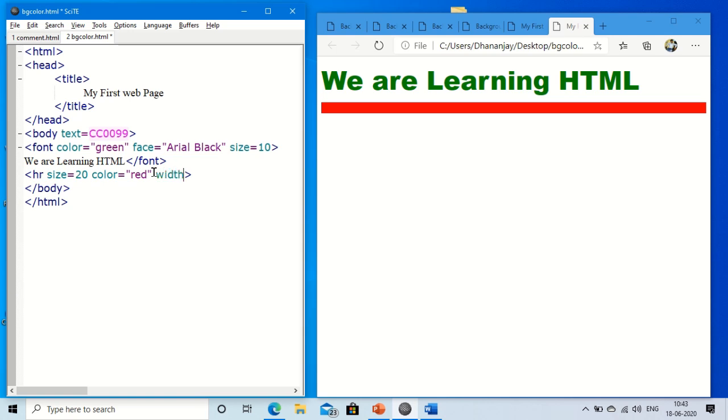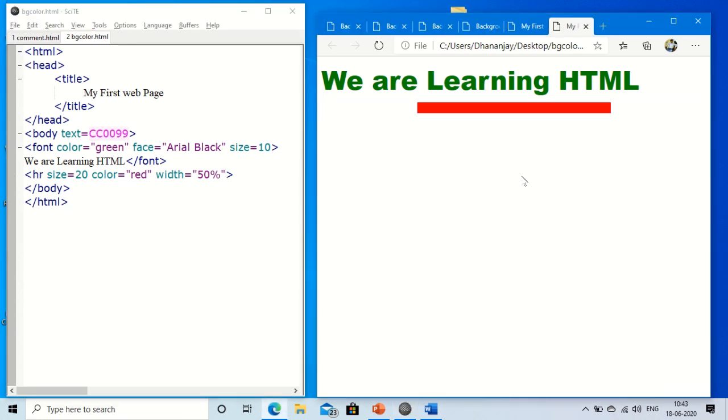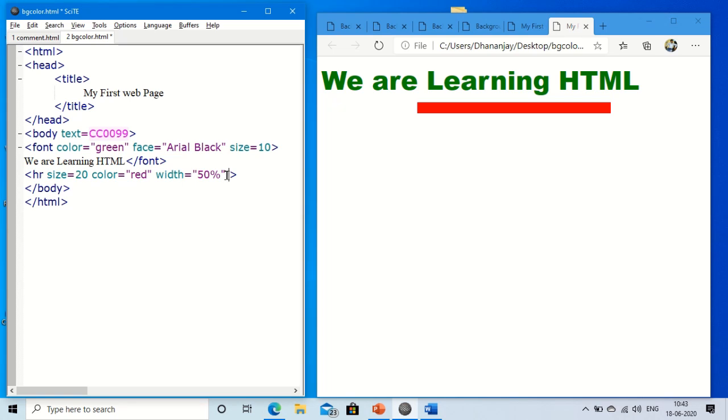Width, by default the width is 100%, but if you want to change the width, you can. Suppose I want to give 50%, so you can give 50%. The maximum is 100% and the minimum is 0. So you can decide as per your need. Here one more attribute is there. If you want to align from the left or from the right, you can.